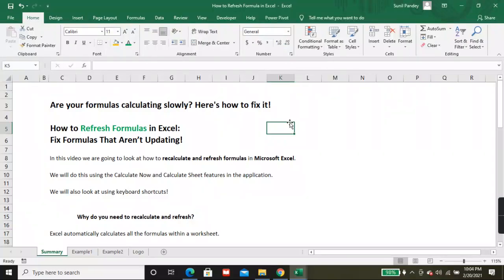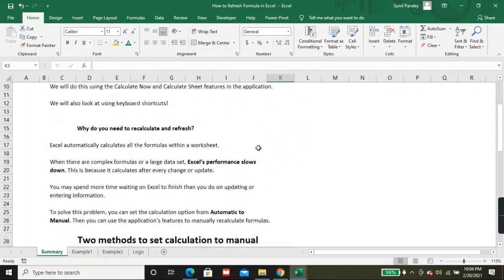First we should know why we need to recalculate and refresh formulas in Excel. Excel automatically calculates all the formulas within a worksheet. When there are complex formulas or a large data set, Excel slows down.